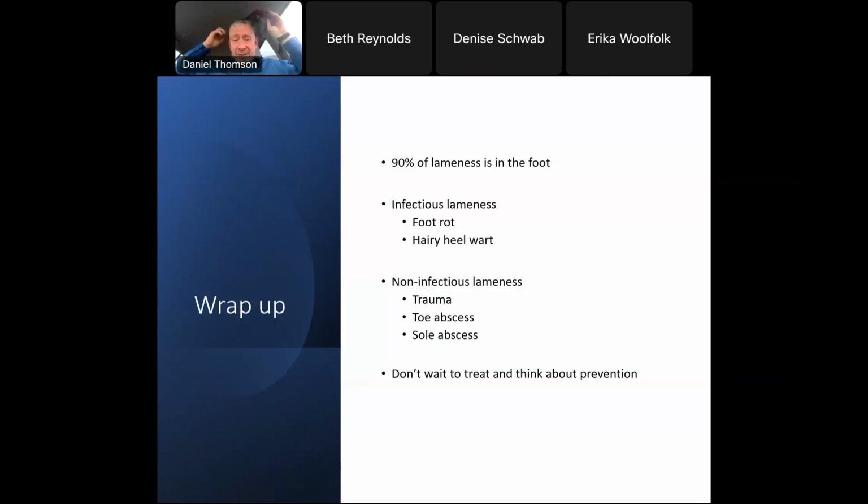So I'll wrap up with this. 90% of lameness is in the foot. We have two types: infectious and non-infectious lameness. For pen conditions, weather, and grooming pens, look to remove the environment for hairy heel wart, and make sure that we scrape our barns, making a good bed pack in the middle, with weekly cleaning around the outside. All these types of things are what are going to lead to improvement and prevention of foot rot and hairy heel wart. Non-infectious, remember trauma. If all the cattle are lame on one side, I'm looking for something that's sticking out,